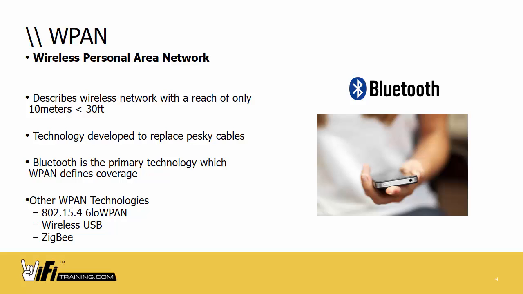So to speak, but wireless USB is another WPAN technology. Zigbee is one of those that covers a little bit further than 30 feet. But you have all these new Internet of Things and Internet of Everything technologies that are coming out. You're going to see a lot of other protocols other than Wi-Fi being used, and for different purposes, right? For example, Zigbee is used with home mesh wireless networks and home automation.